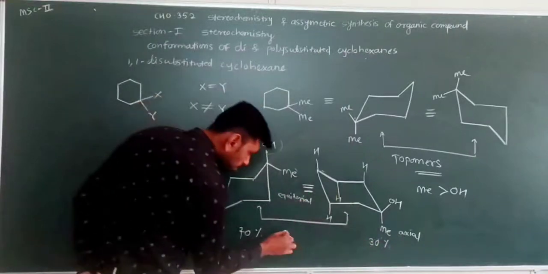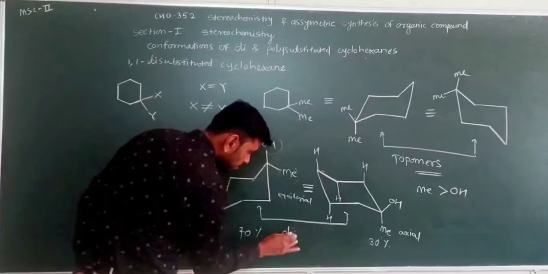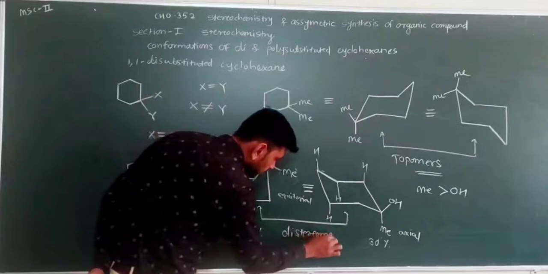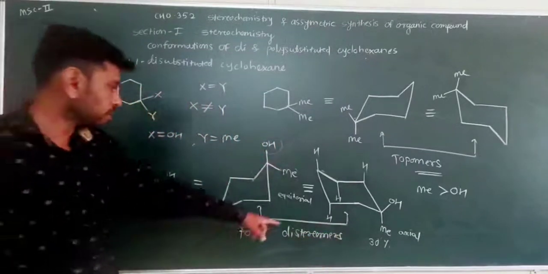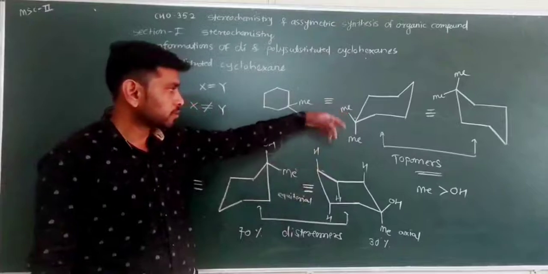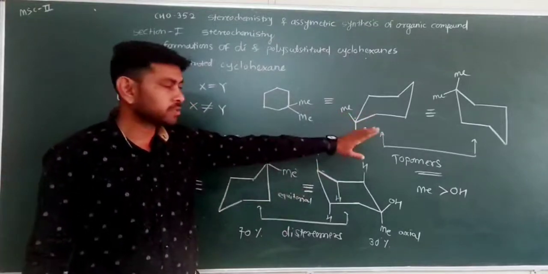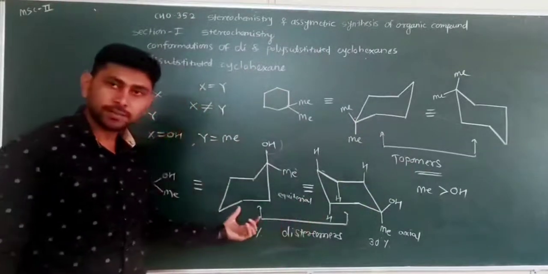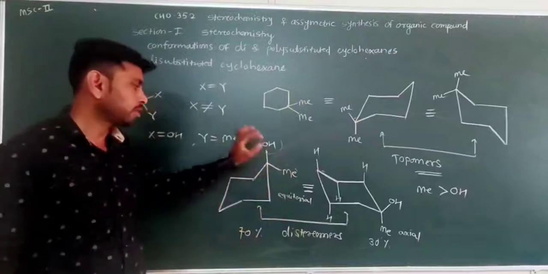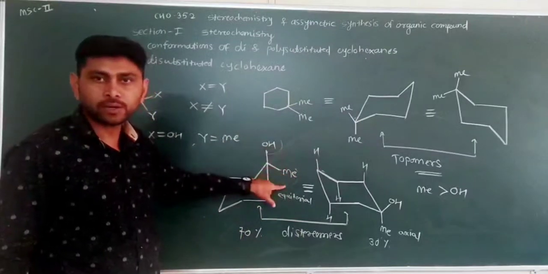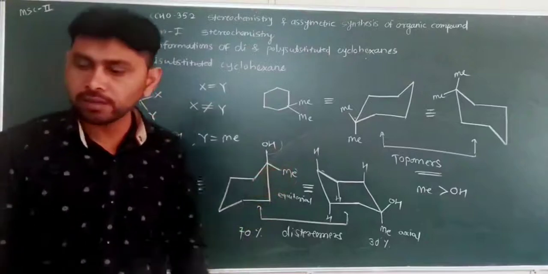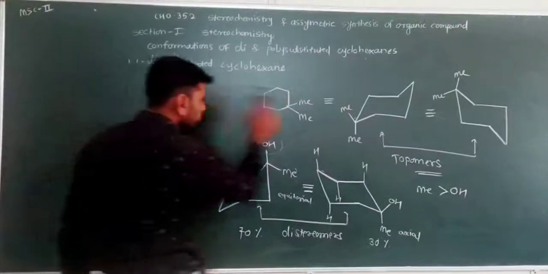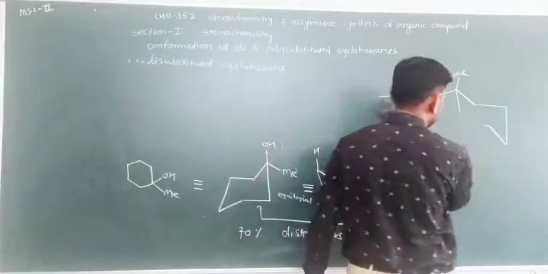So these two forms obtained are diastereomers. Two diastereomers are obtained here. If we obtained two identical interconvertible structures with no energy barrier, we would obtain topomers, but here an energy barrier is there, and the structure with the more bulky group in the equatorial position is more favorable. Now another example, where we obtain opposite results.